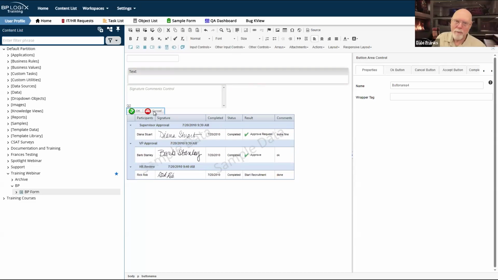What I really am wanting to get to is that set of buttons right there to click them and make magic happen. If I do not put the button area control in this location above the routing slip, then in order to click my button, you're going to force me to scroll past this entire routing slip to get to the buttons at the very bottom of the form, because that's what Process Director is going to do. If you don't drop a button area control on the form, Process Director is going to put one on there for you, and it's going to put it on the very bottom.